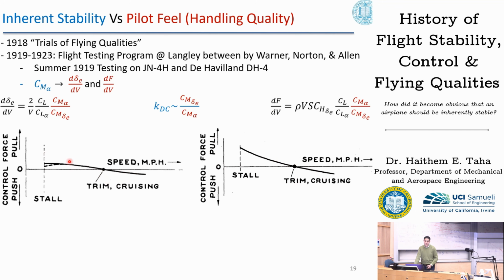So they described the situation on the left as the elevators having no feel, because the airplane may change its speed without requiring considerable change in the elevator deflection and the stick force in the hand of the pilot. This is dangerous because the airplane may slip towards stall without the pilot feeling it. So the desired characteristic was that it should be hard and difficult for the pilot to get the airplane into stall. It requires a large stick force.